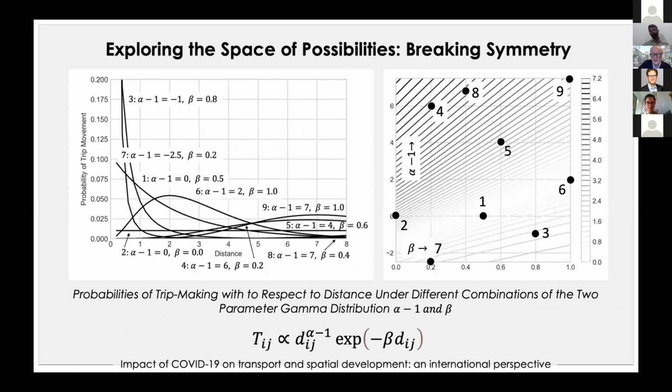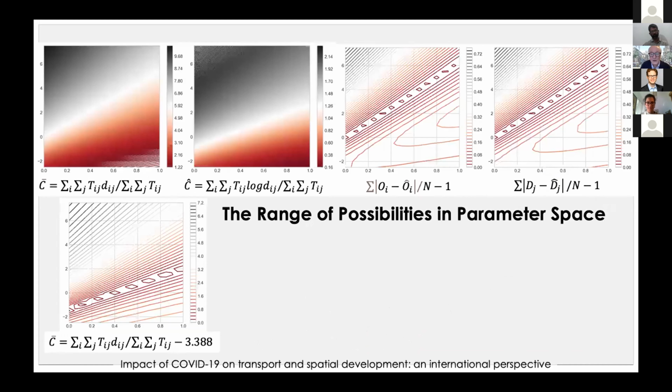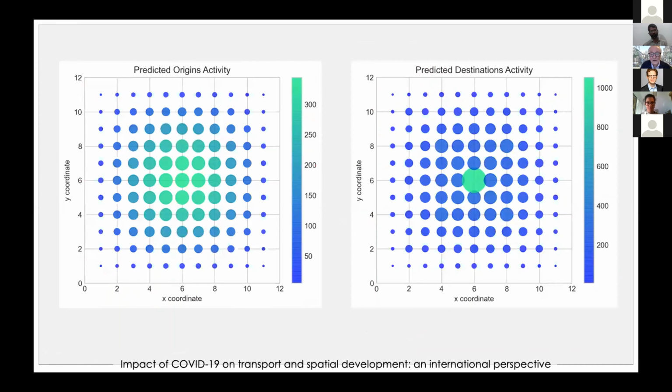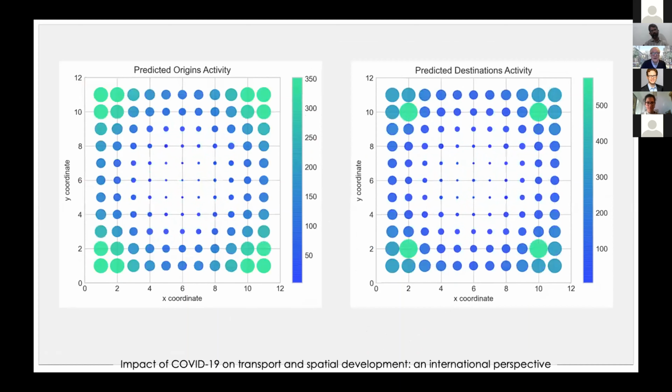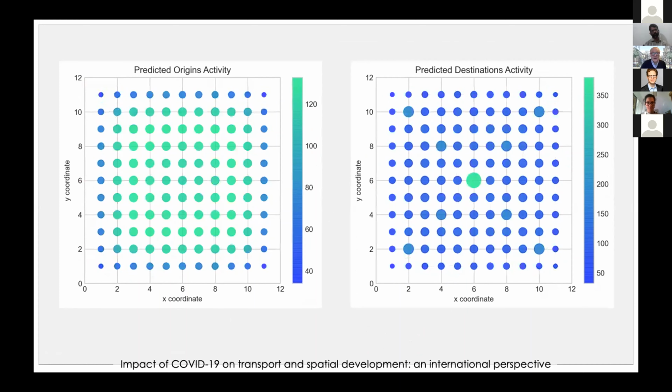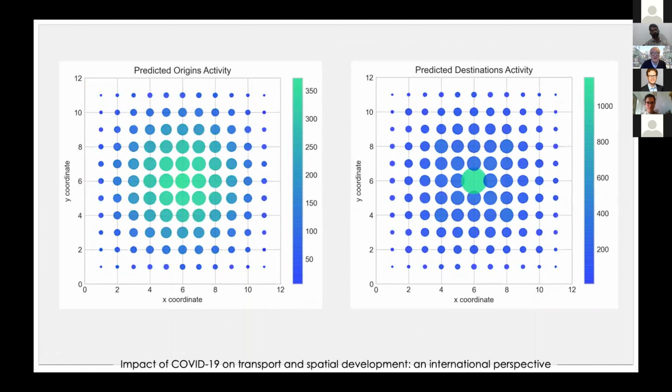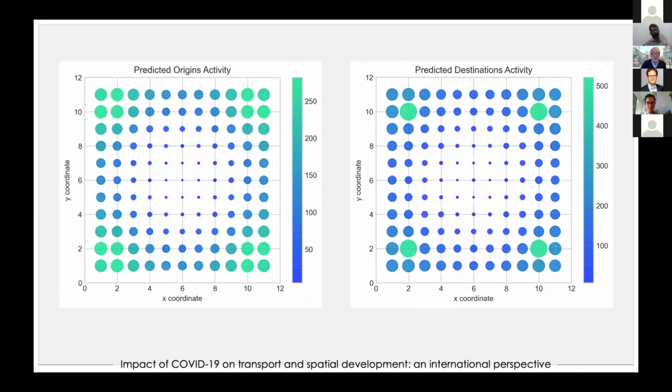And what we then do is, from this space where we have these parameters, we can sample different situations. Let me go over that quickly. These are just 9 samples from our space of possibilities, and I'm going to go through them to show you. That's one where we have a gamma function pushing people to the edge. So we're not breaking symmetry, but we're pushing people to the edge. These are the 2 features, and so on and so forth. We've got 9 of those possibilities.